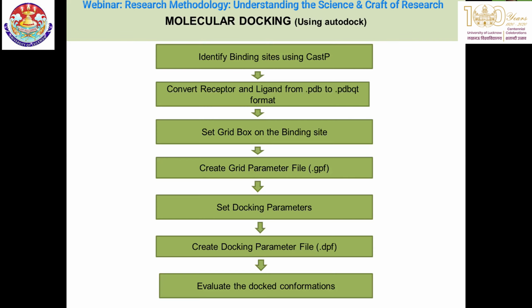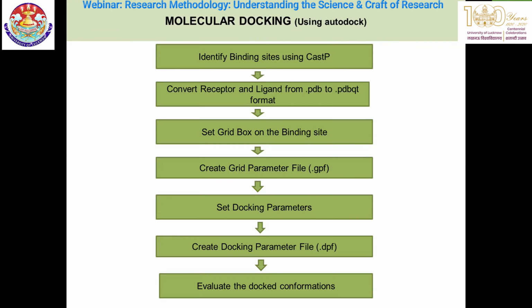So first of all, identifying the binding site: you cannot just randomly put a ligand somewhere on the protein. That is called blind docking, and it cannot be done on a structure like this, a pentamer structure, which is a huge protein having a great mass. So we need to identify the binding site. It can be done using the CASTp server, which is easily available on the net. Then we need to convert the receptor and ligand from .pdb, where the ligand file is retrieved from PubChem, and the receptor file from the Protein Data Bank.